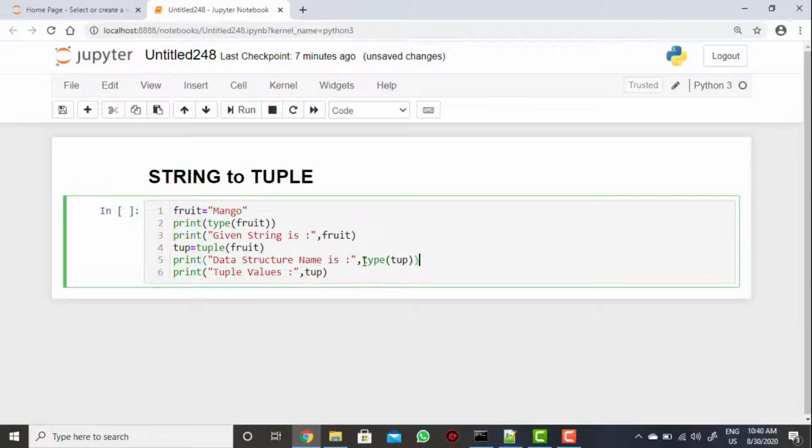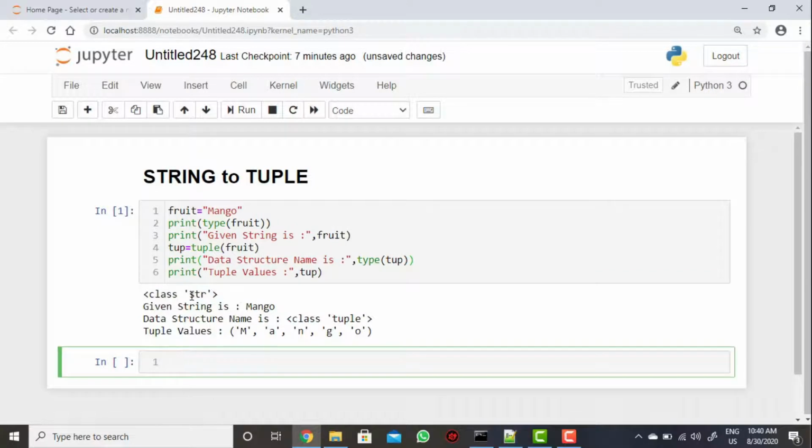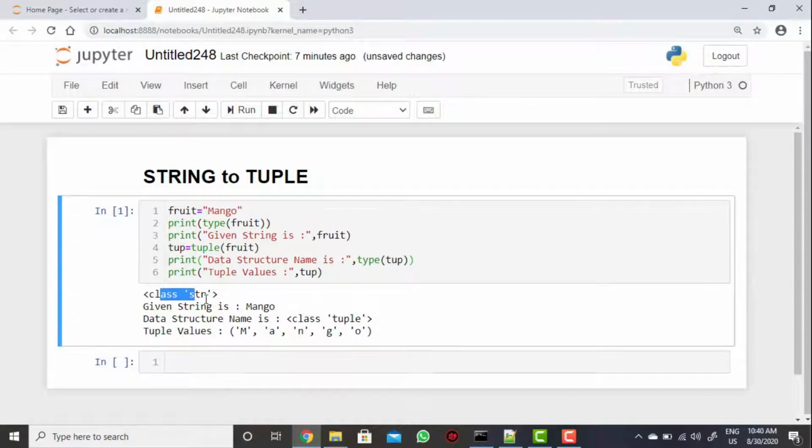So when I execute, let's see, the given string is mango, that is a string name, and after conversion or casting, it became tuple data structure, and you can see the values here. The values are also in a tuple, where we can use parentheses to store the elements.